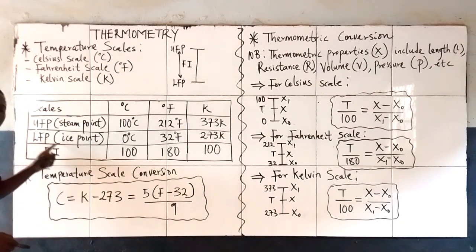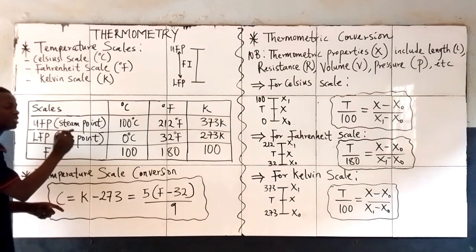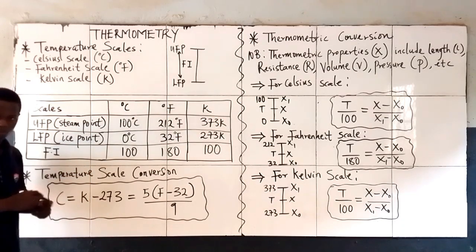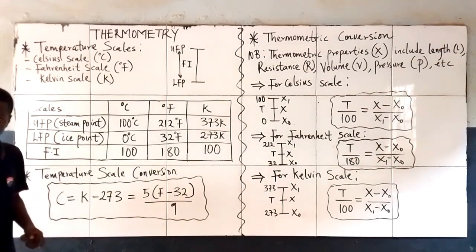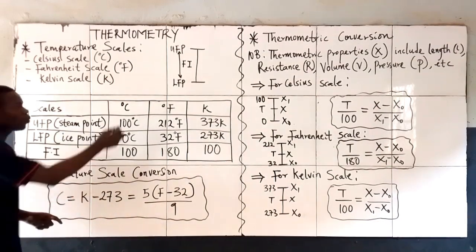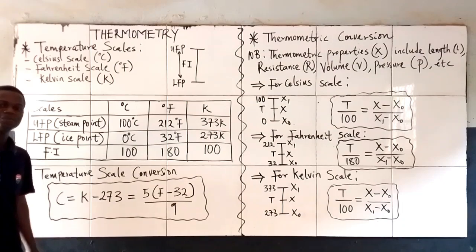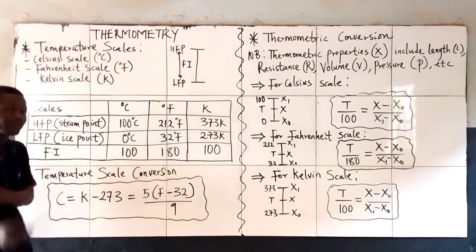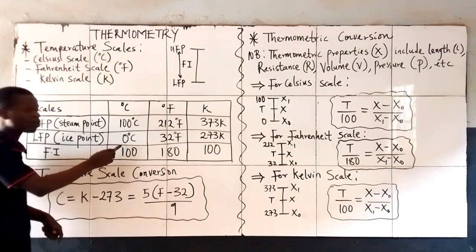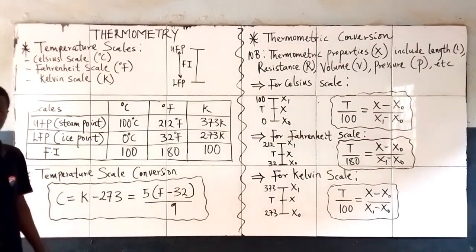Now for the lower fixed point, we are talking about the temperature of ice. And that corresponds to the temperature of freezing water. I hope that is clear. So when you insert a centigrade or Celsius thermometer into water that is freezing, the temperature it will record is 0 degrees Celsius, and that is the